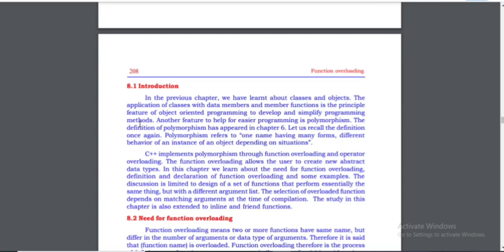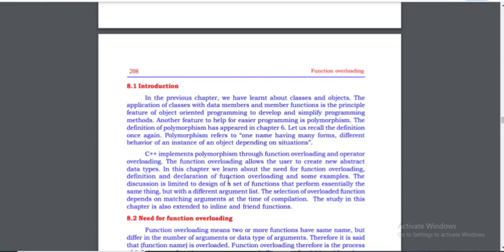When we simplify the program, we get the result very soon. So polymorphism means one name having many forms, and different behavior of an instance of an object depending on the situation.